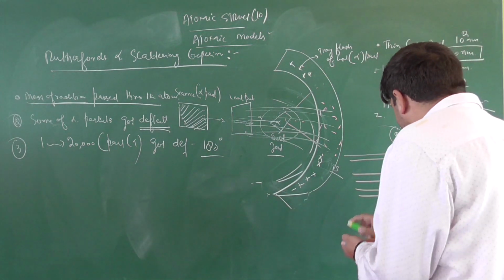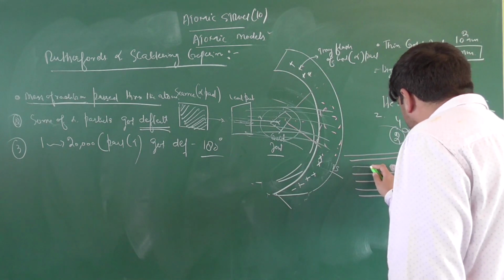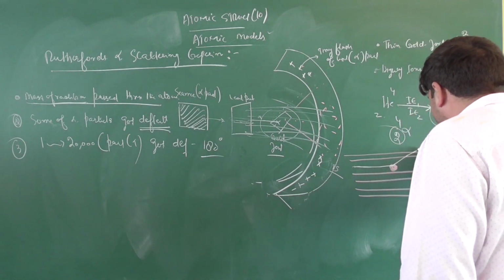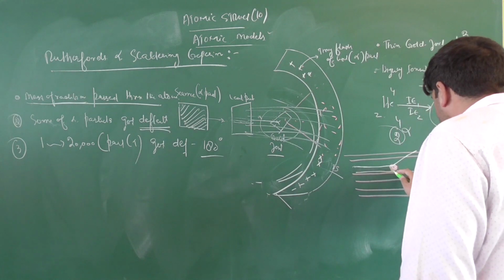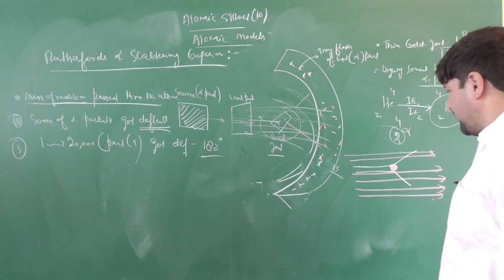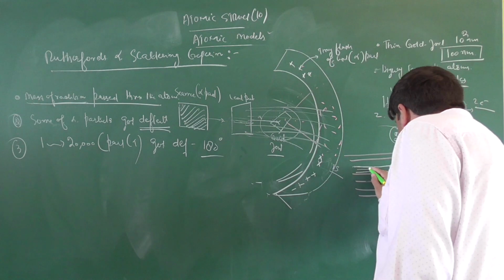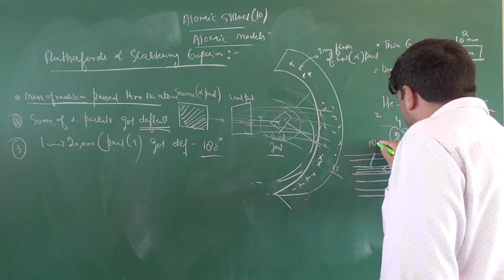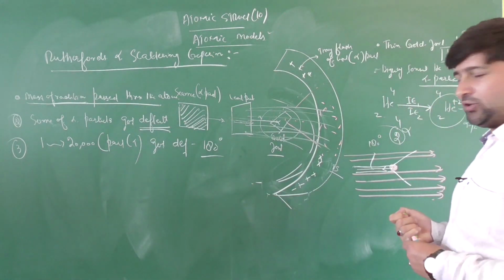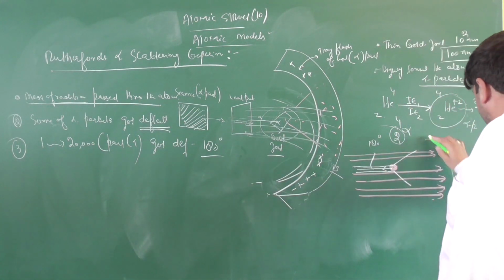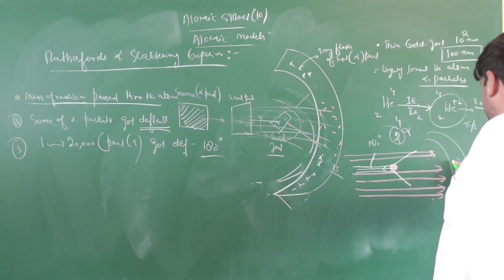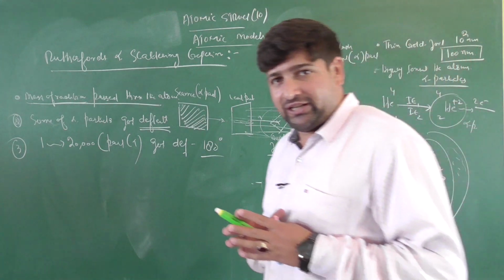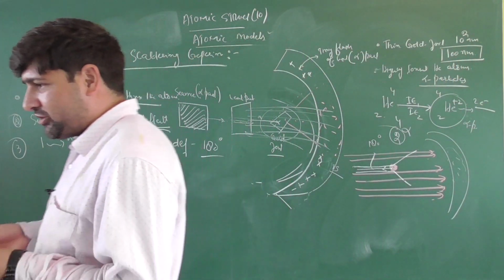Now, few of the radiations, when you are putting it on a particular region, few of the radiations are getting deflected with some angle. And 1 in 20,000 radiation got reflected at an angle of what degree? 180 degrees. So you can see that on the back of the photographic film, most of the illumination occurred, indicating that, like J.J. Thomson, what he had said, that mass is uniformly distributed.